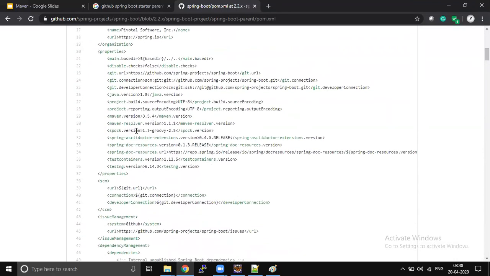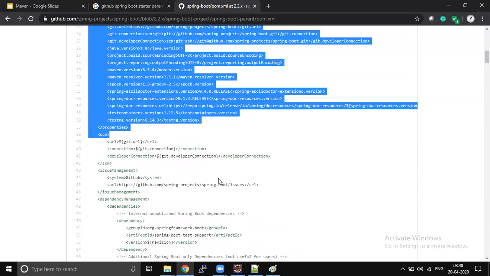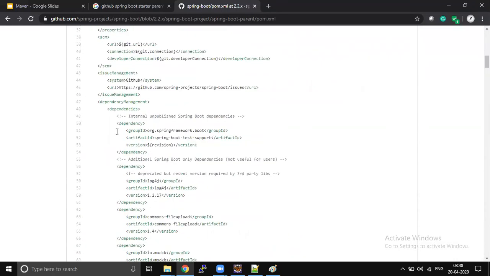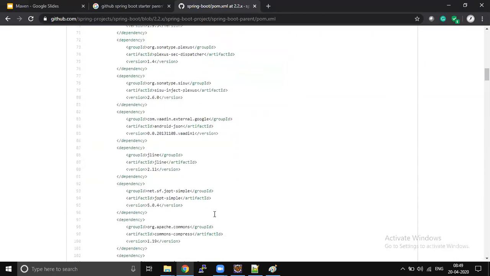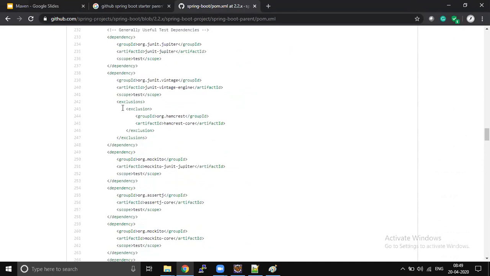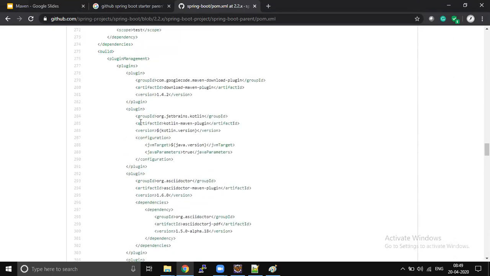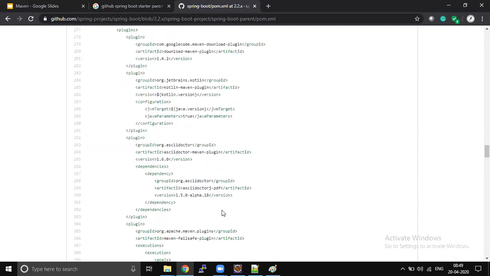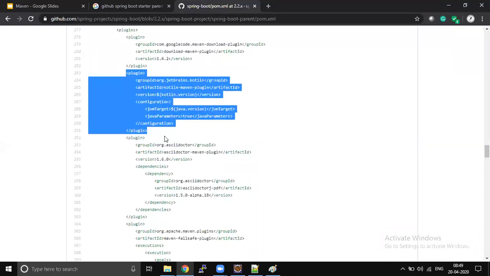But yeah, you can write all the configuration. You can have the dependencies whatever you want to have, and you can write the plugins, whatever you want. Whoever is going to become a child to your project will automatically get this configuration.